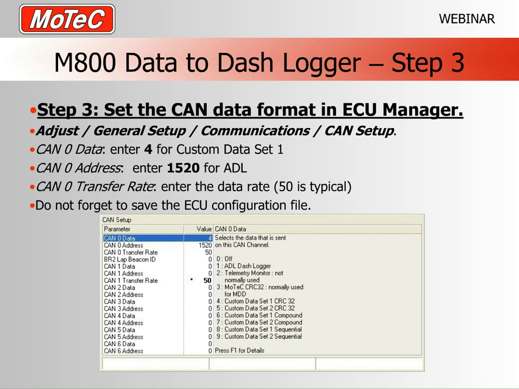Now there are a number of what we call CAN slots in the M800, and there are 6 in fact. Normally we would use CAN 0 or CAN 1 as our transmit slot, so I've just set this up in CAN 0. This just allows you some flexibility, but CAN 0 is fine. So the first thing we need to do is in CAN 0 data, we enter in a 4, and that 4 will select custom data set 1, which is the one we've just configured. And you can see here on our help screen on the right hand side, it shows number 4, custom data set 1, CRC32. Okay, so that will be transmitting a data set using that data format